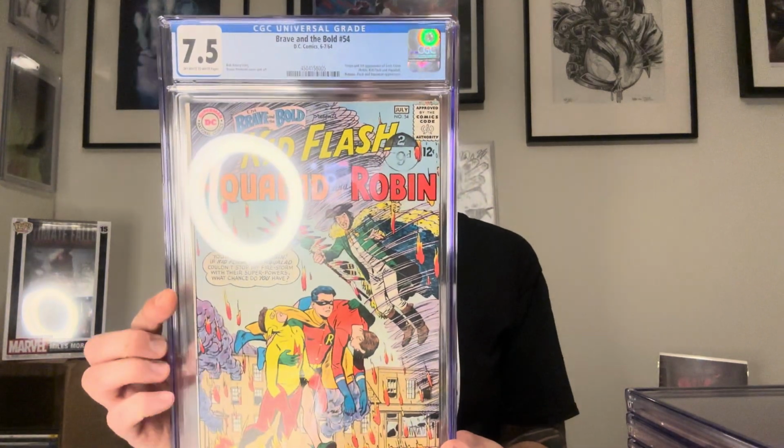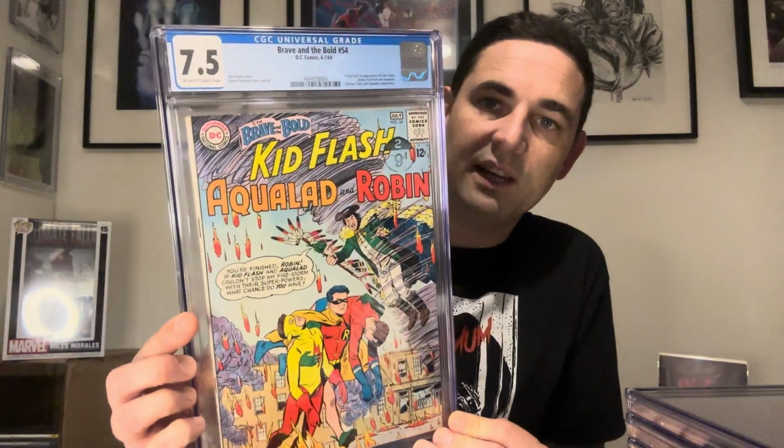We've got Brave and the Bold 54. Super nice book here, lovely grade for the age as well. That's 1964. To get a 7.5 is absolutely fantastic. Not every book that comes through Bear Max Towers is great, but we knew before we submitted this was incomplete. It's missing the pin-up poster in the middle. However,